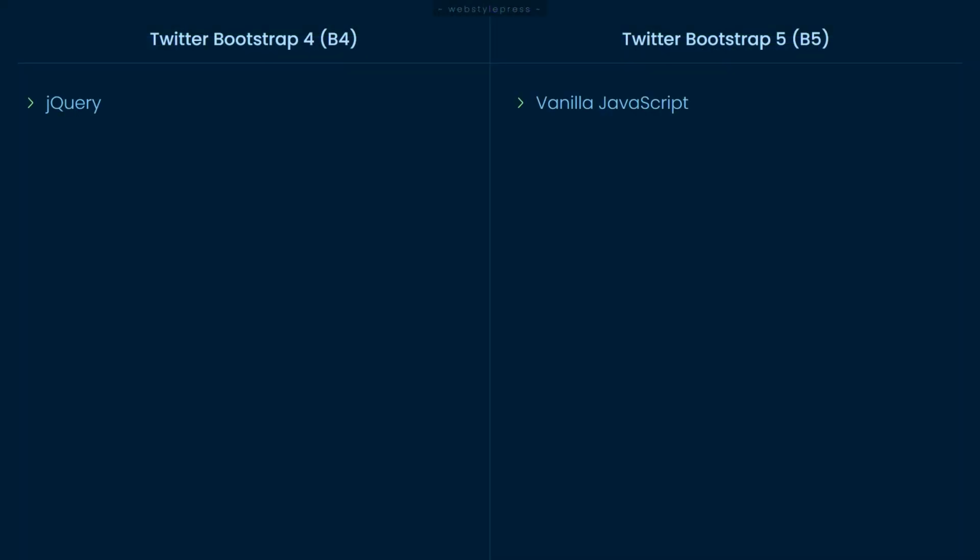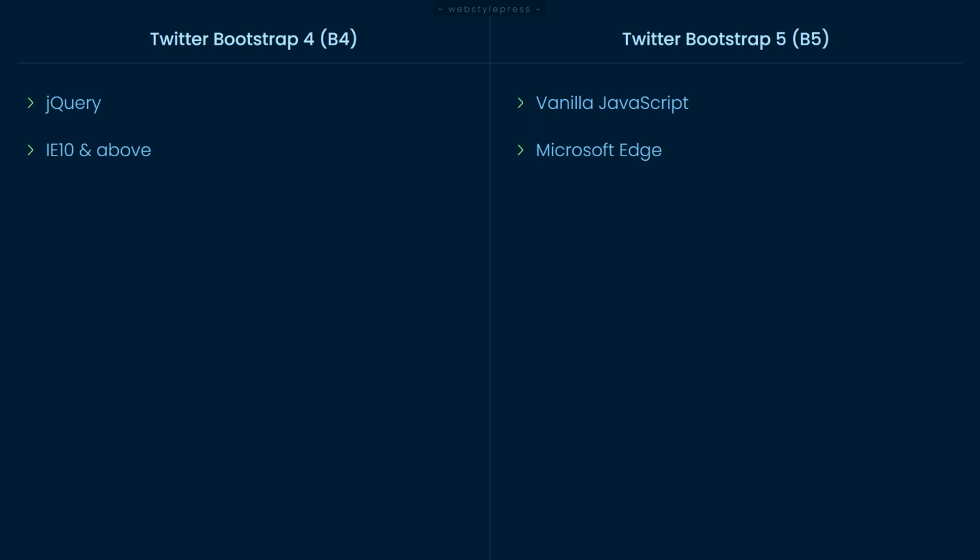Bootstrap 4 depends on jQuery for its JavaScript utilities. Bootstrap 5 dropped jQuery and is using pure vanilla JavaScript now. It saves some space, and Bootstrap 5 is faster and lighter than the previous versions due to vanilla JavaScript. It also ensures future-proof development of Bootstrap by not depending on another library, although you can use Bootstrap 5 components with jQuery for the time being. That is helping in a smooth transition for users from Bootstrap 4 to 5.